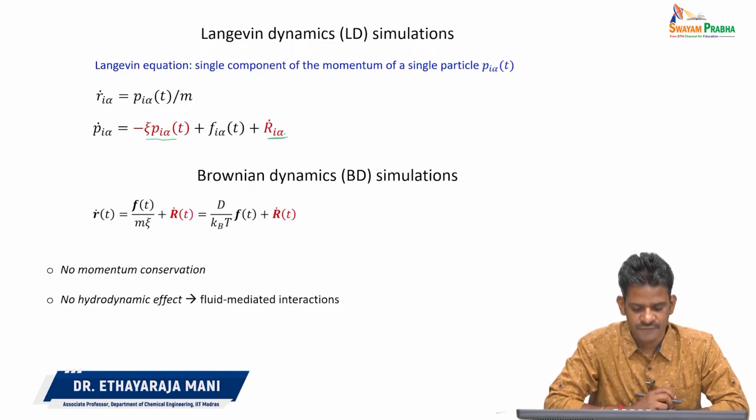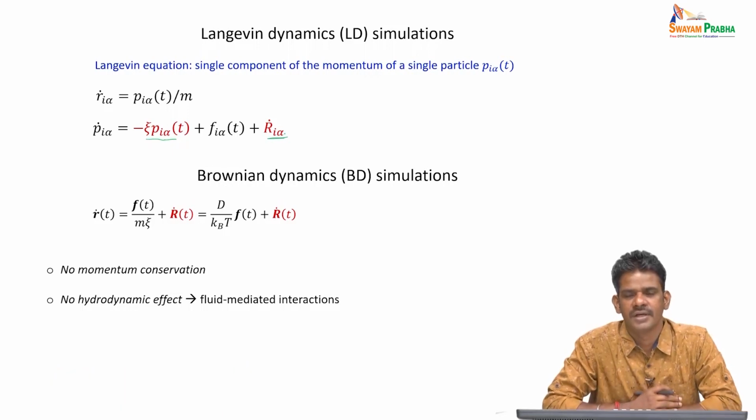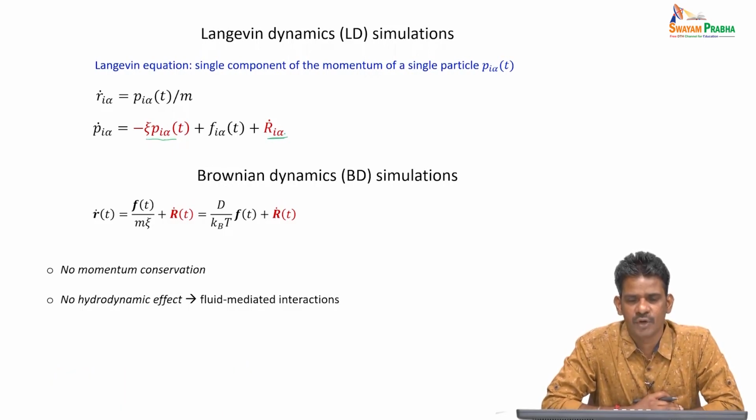The reason for including this is to account for the effect of solvent in the background and focus the attention only on the system of interest, which could be a macromolecule or colloidal particles or nanoparticles. So, we don't want to explicitly treat the solvent, we will just keep that solvent in the background. The effect of the solvent comes via these two sets of forces. And then we also discussed a few algorithms by which we can integrate these equations of motion and track the